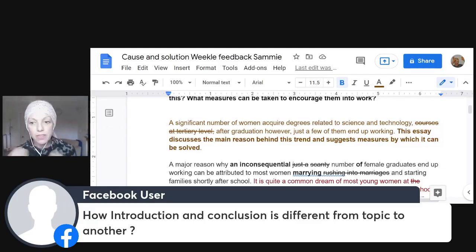So there are different grammar structures we can use for different conclusions. I help students write an inversion sentence in the conclusion for a to what extent essay. So, to conclude, I strongly agree with this, not only because of this, but also this. But more or less, the introductions and conclusions are the same. You paraphrase, you write a thesis. Your thesis tells the reader what you're going to say, okay? And your paraphrase